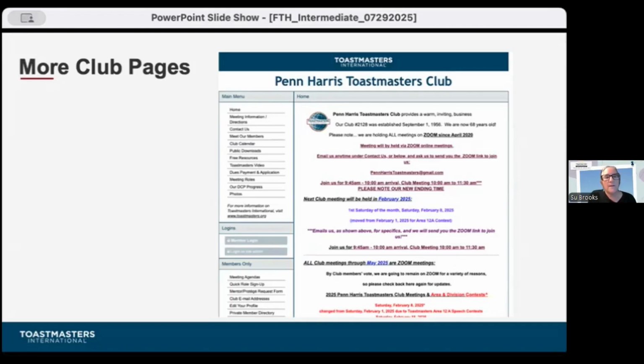Make sure your information on Free Toast Host is current. Make sure your information on Find a Club is current, because what's up on Find a Club will map to your website if you have one. And you want to make sure that the guest experience as well as the member experience is a positive one.